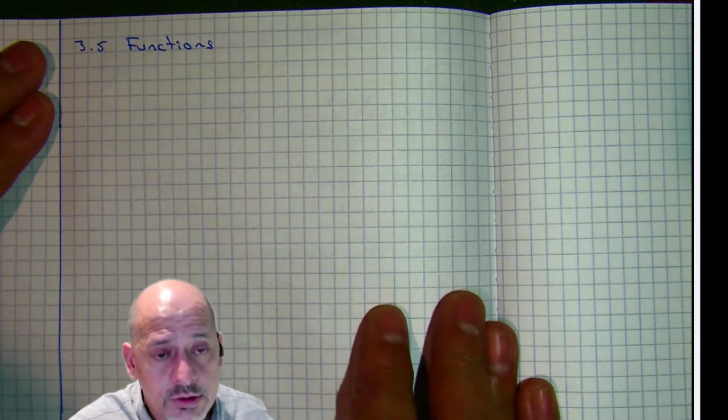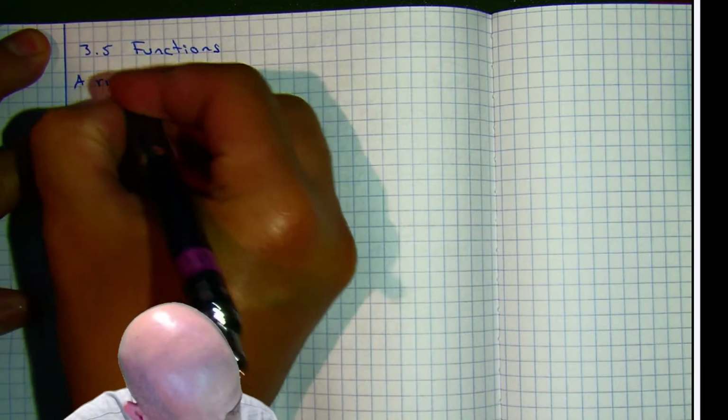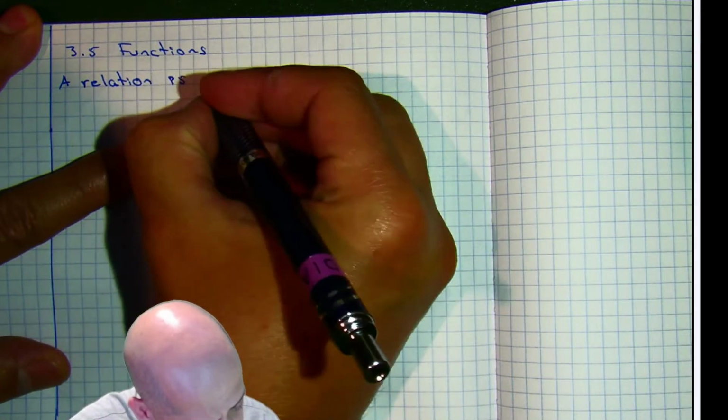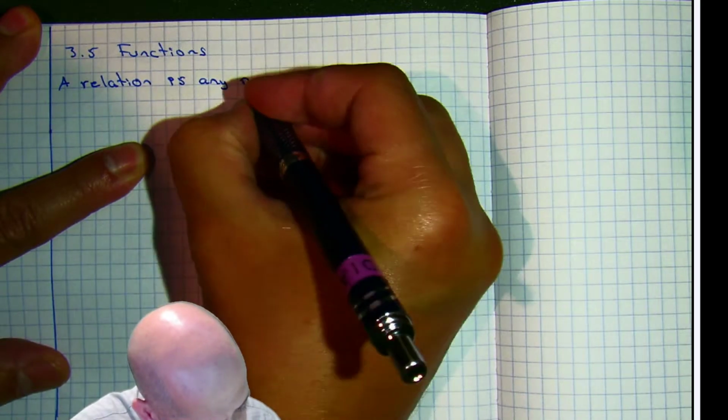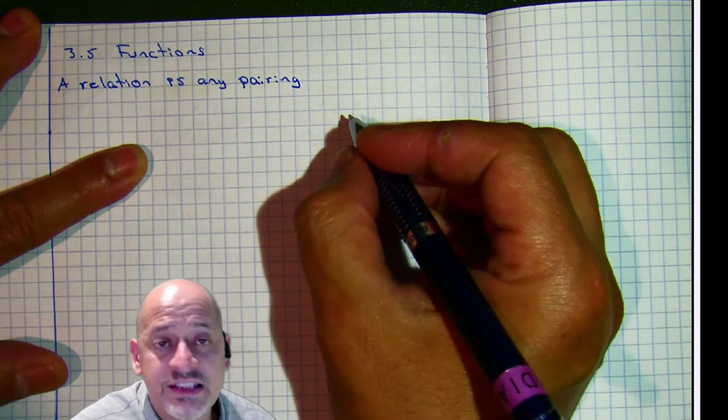You don't need any cutouts. It's going to be a quick lesson. So we have a relation. So let's write down the definition. A relation is any pairing of a set of inputs